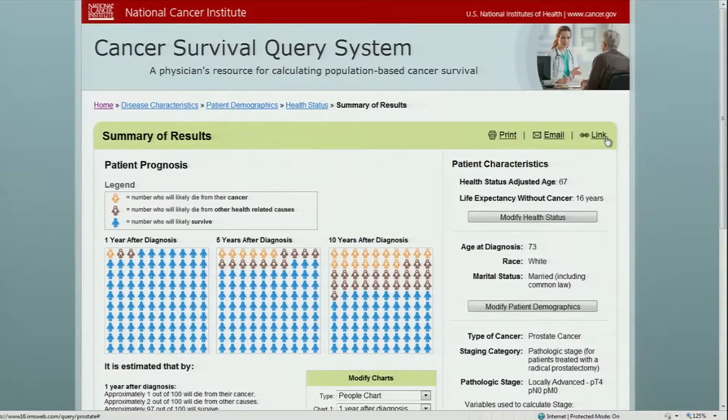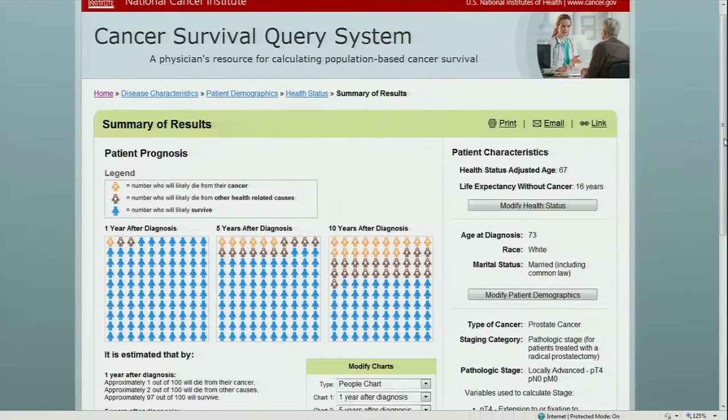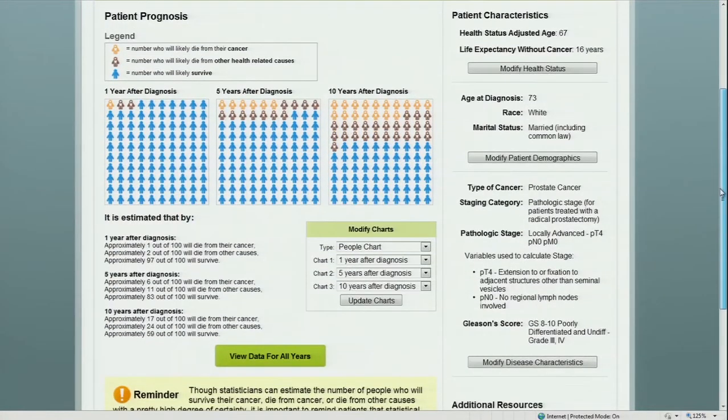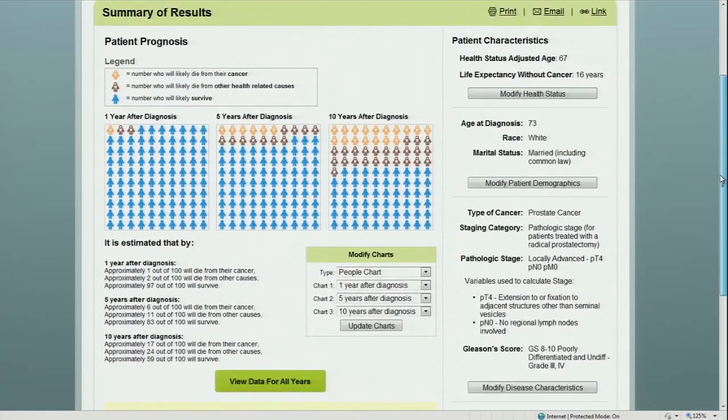All right, so this is John Doe if he had only been diagnosed with cancer. He doesn't have any other medical conditions, just cancer. The results page is easy to understand, it's easy to read. We use pictograms, and it's showing pictogram of 1, 5, and 10-year survival. We included pictograms in our tool because research in health communications literature shows that they're easy to understand.